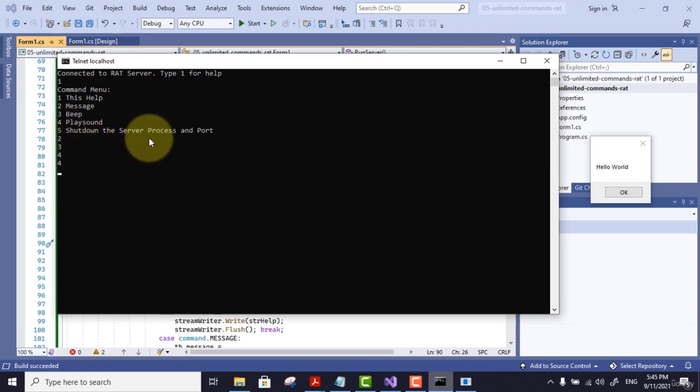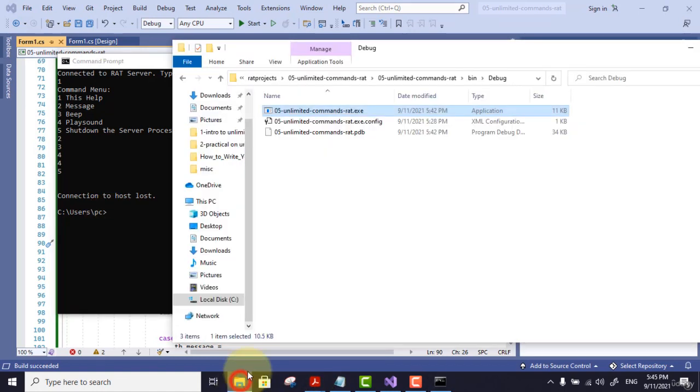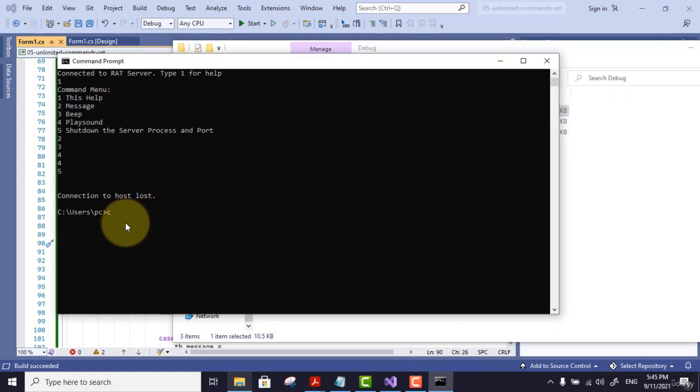Now we can shut down the server, press 5, hit enter, and the server has shut down. Okay, let's try it one more time. This time we will simulate a disconnection error from the telnet client. So let's run the server one more time, and then come back here, clear the screen, CLS to clear the screen,